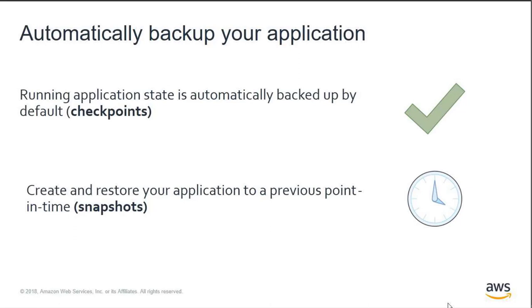We have an API that we expose where you can easily create, delete, and restore from snapshots. Customers often do this maybe once a day, but customers who would like more frequent rollout times maybe do this once an hour. Both mechanisms provide a way to handle failures with checkpoints, as well as a way to roll back your application to a previous point if you discover errors later.